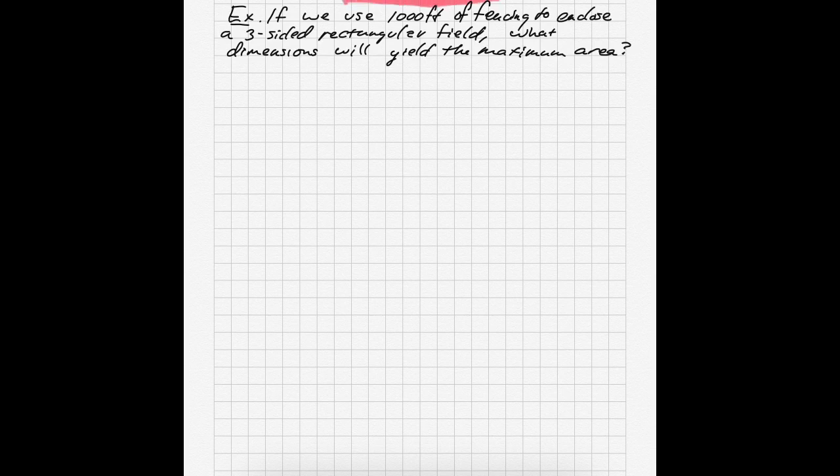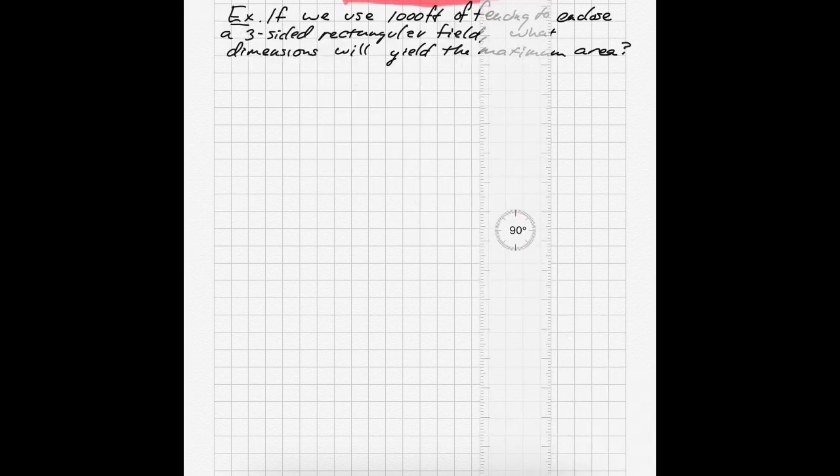Today we're going to take a look at 4.5, which is the second part of optimization. So in this section, we're looking specifically at word problems. I've written out some of the examples here. Here we have an example where it says we have 1,000 feet of fencing to enclose a 3-sided rectangular